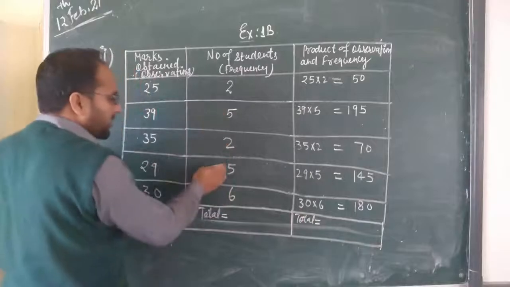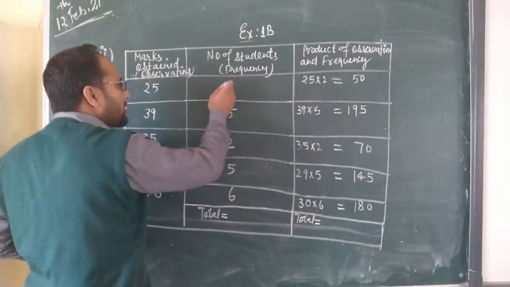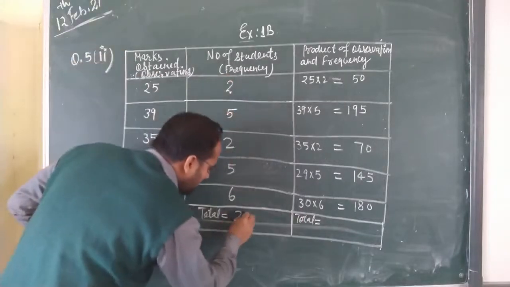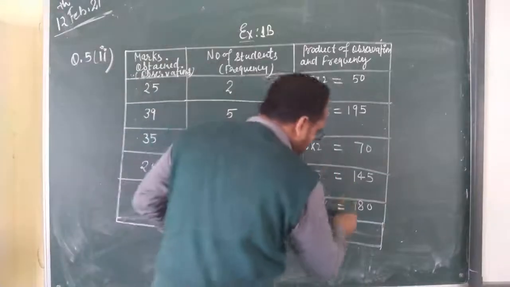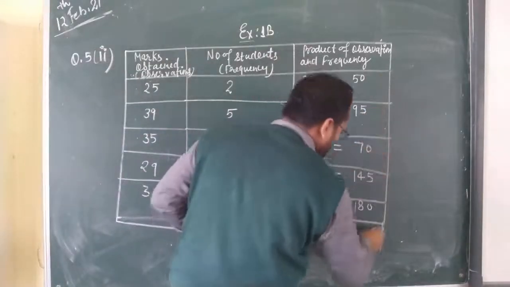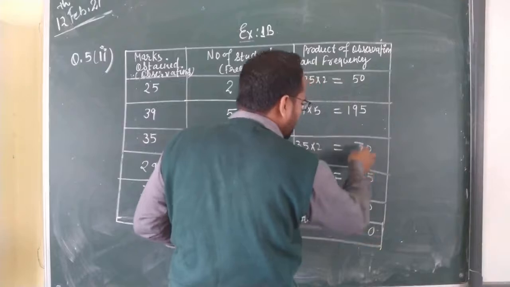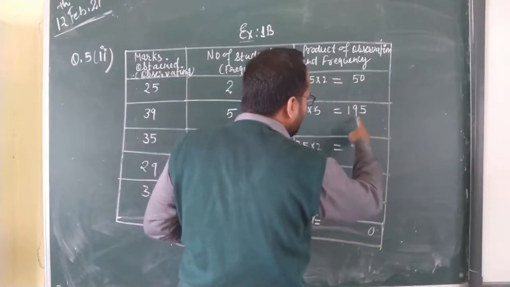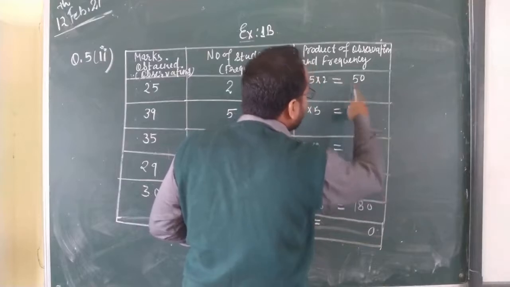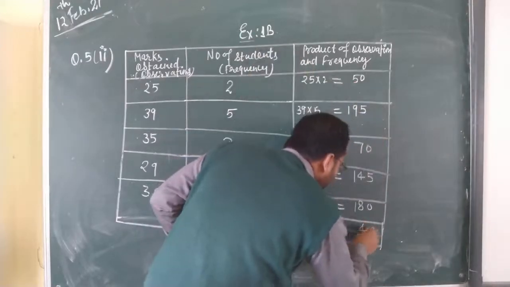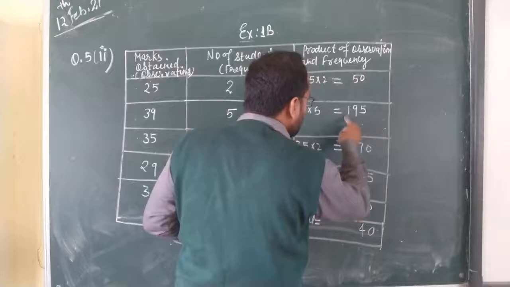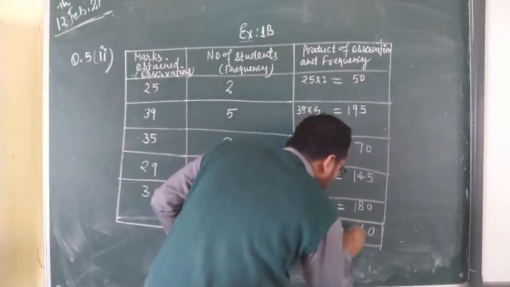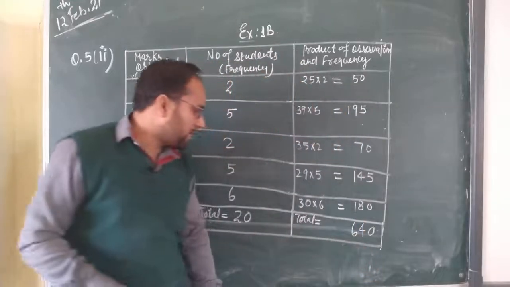You will add this one: 6, 5, 11, 12, 13, 14, 15, plus 5, you will get 20. And here if you add this one, 5, 5, 10, 0, 1 carry, 8, 4, 12, 12, 7, 19, 1, 20. Okay, 20 plus 9 is 29, plus 34, 3 carry 3, 1, 4, 1, 5, 1, 6, you will get this one, 640.